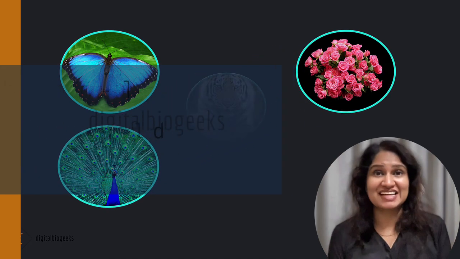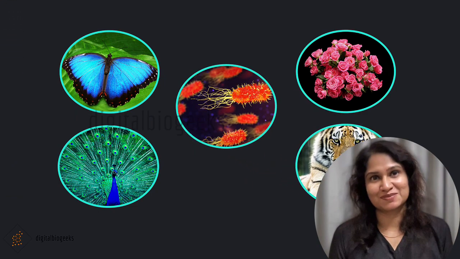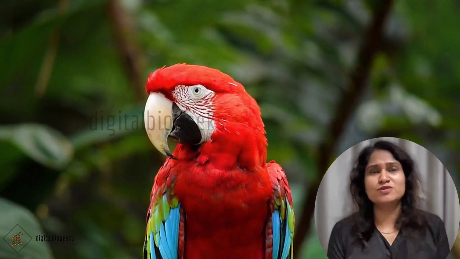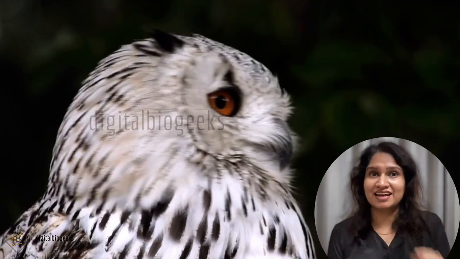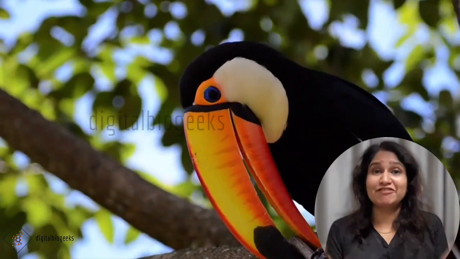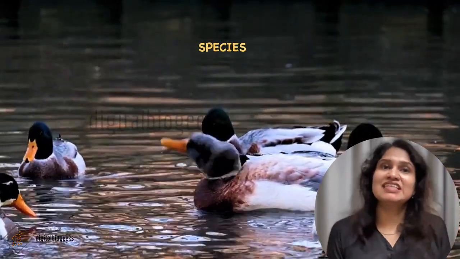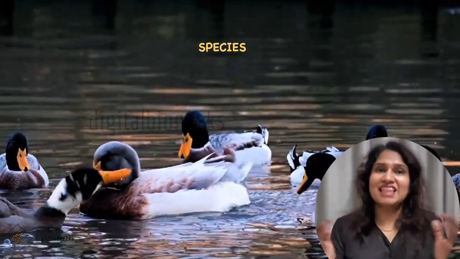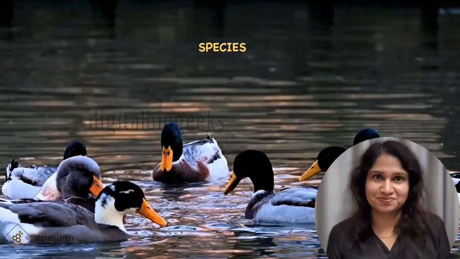If we take a moment to look around us, we can see a wide variety of living organisms like plants, insects, birds, animals and microorganisms. In the category of birds alone, we can observe thousands of different species. Most of them are rare in our localities. We are familiar with the different types referred to as species. We understand that species consist of living organisms that share common characteristics and can interbreed.